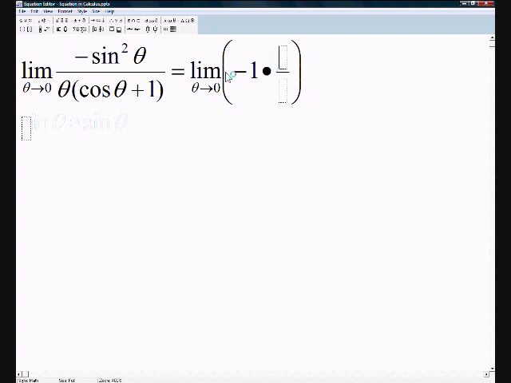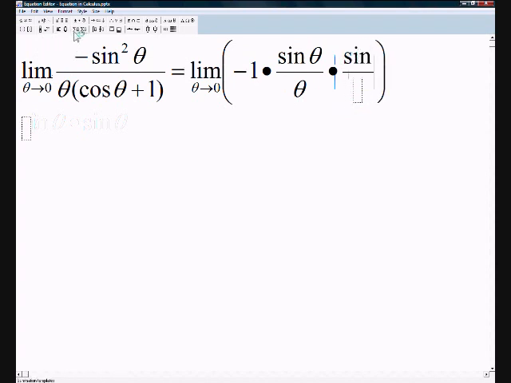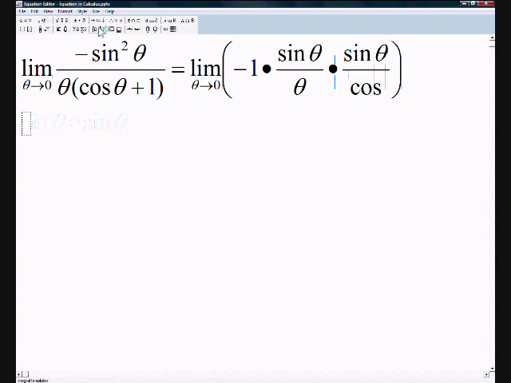So we're going to have sine of theta over, and we're going to stick theta in the denominator here. So basically we took the theta that's here and we just put it into this fraction, and now we're going to multiply that by what's left, which would be another sine of theta, right? Because we just split it up. Sine of theta over, and this is going to be cosine of theta